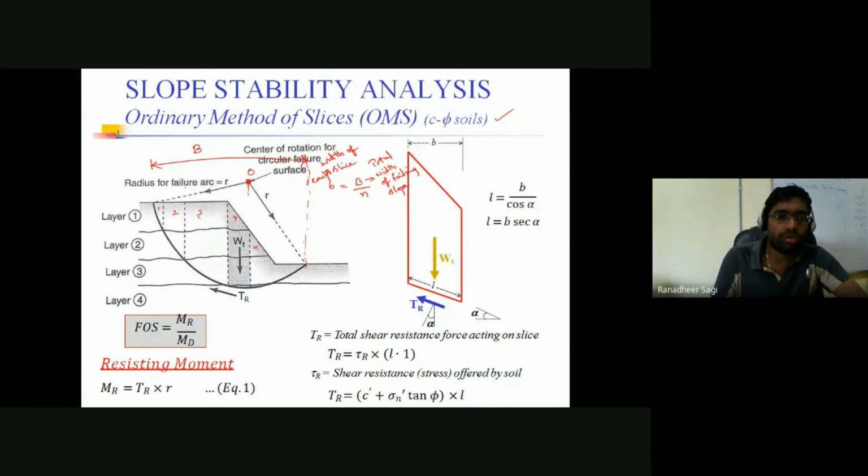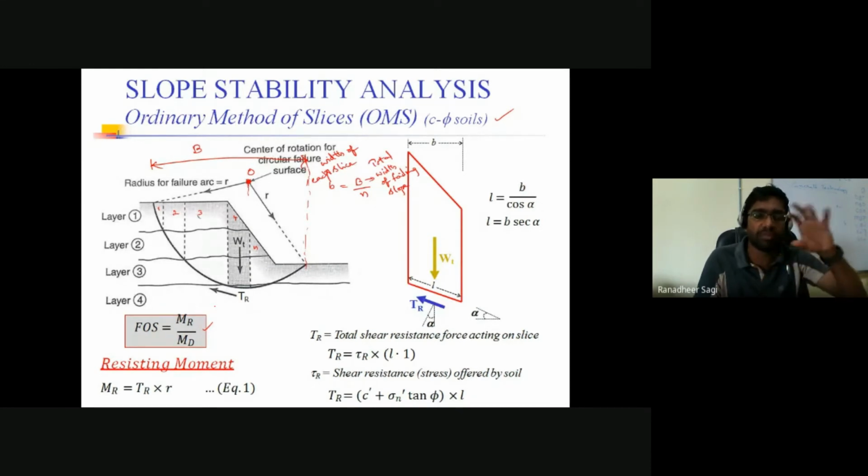So quickly, let's understand how we write down the factor of safety. As it is a rotational mode of failure, we write down the factor of safety either in terms of forces or in terms of moments. How much is the moment causing the rotation? How much is the moment resisting the rotation about the center of that particular failure surface? So we write down the expressions and calculate what is called the factor of safety.